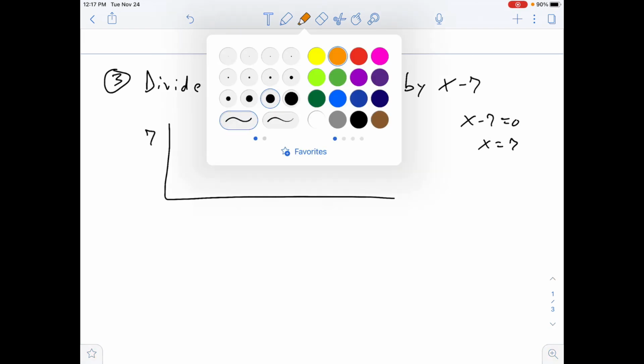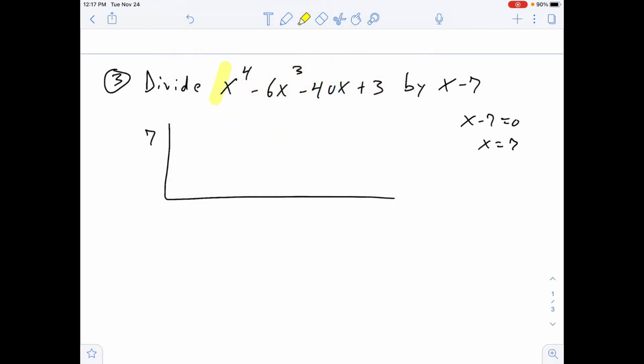Now, we're going to use all of the coefficients, right? So we got the 1 here, the minus 6, but look what we're missing. We're missing an x squared term. We don't have that here. So we're going to need to use a 0 for that. And then we have the x and then the 3. So we're going to do 1, minus 6. Remember, we don't have an x squared, so we're going to put in a 0, then minus 40, and then the 3. So we drop this down, get 1, multiply, 7, add,